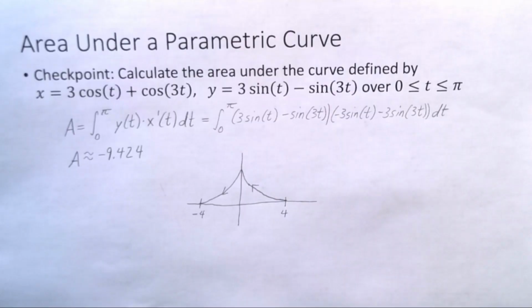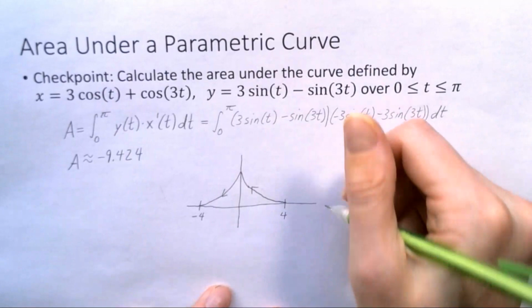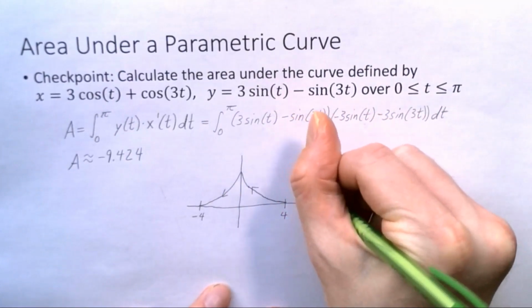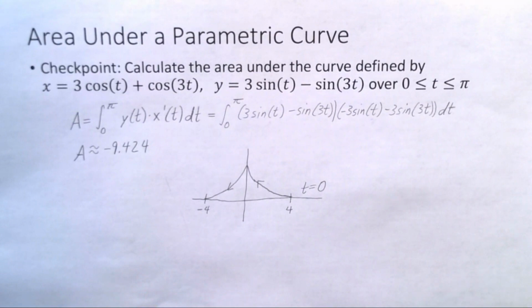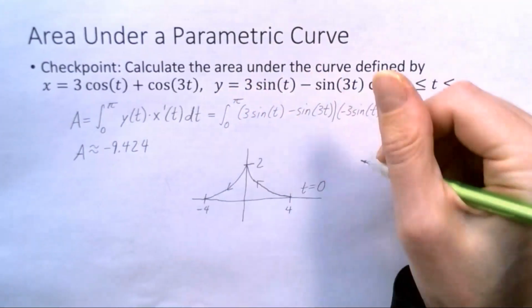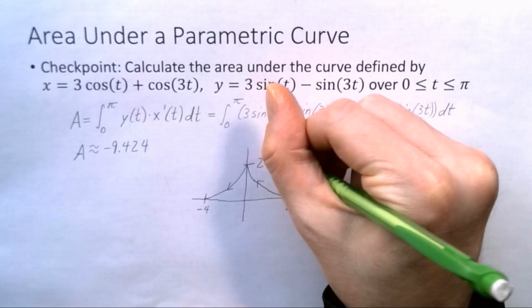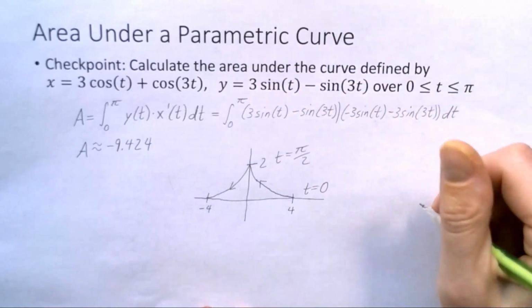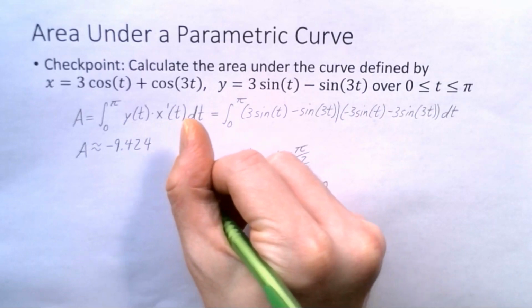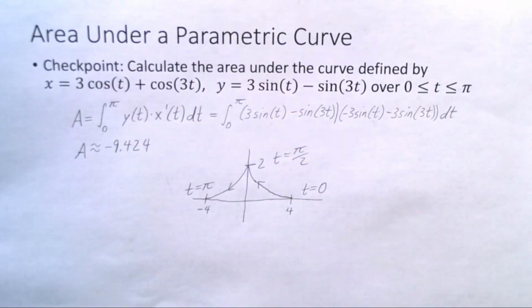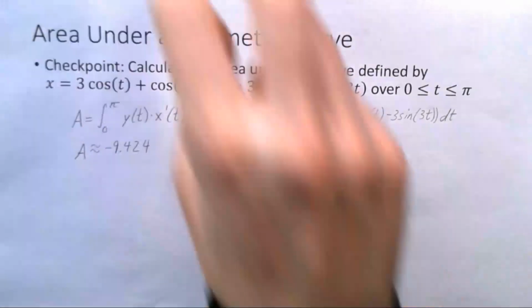Sketching this curve shows that the curve starts out at 4, 0 for time is equal to 0, and then moves to the left, reaching a high point of 2 at time is pi over 2, and finishing at negative 4 as time is equal to pi. Because this goes from right to left, meaning x gets smaller as time increases, that ends up creating a negative integral,